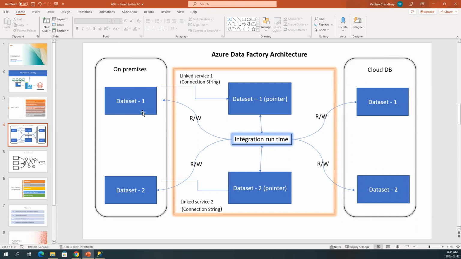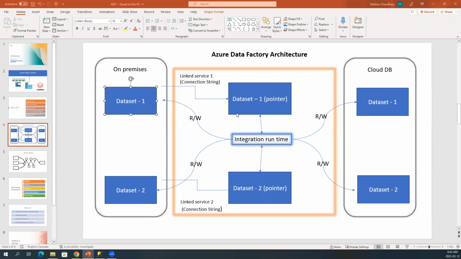So the thing is, this data set, we need to basically make a pointer of that data set inside the data factory. A pointer is just, you can call it a variable when you define, sorry, just 1 second. Azure Data Factory is mainly for data processing. Yes, thank you, Tanvir sir. Yes, it's for data processing and it's for data analytics. Synapse is for data analytics. Okay, so considering this pointer, you can call it